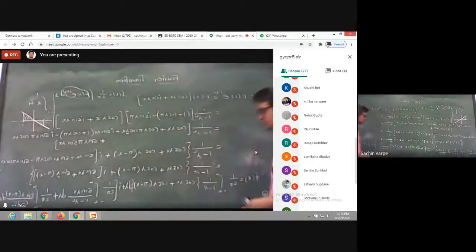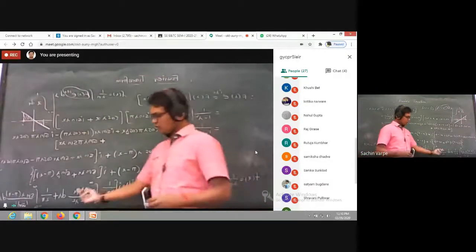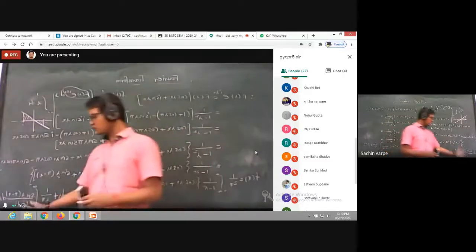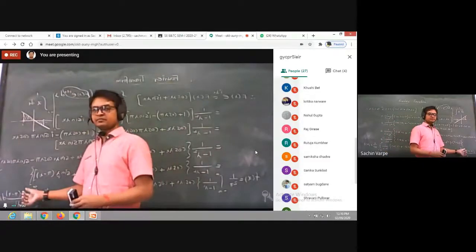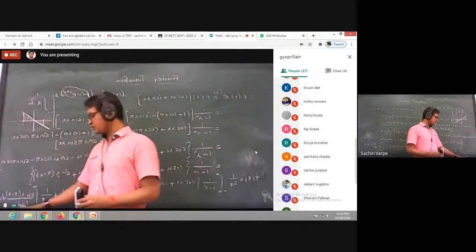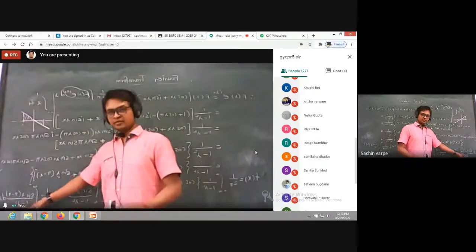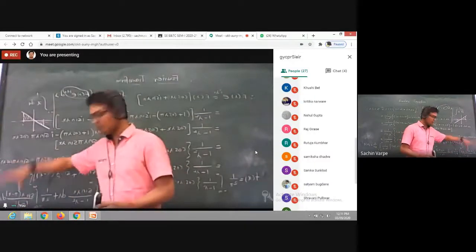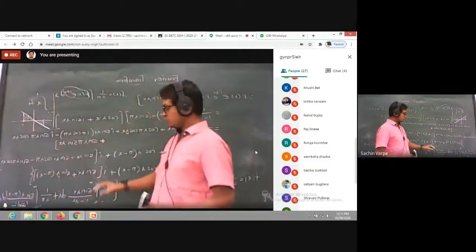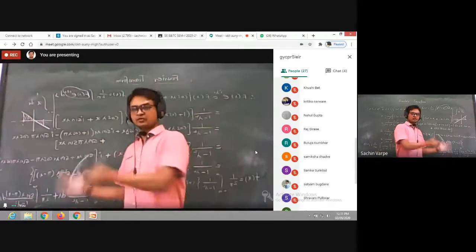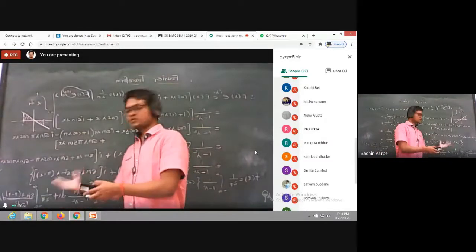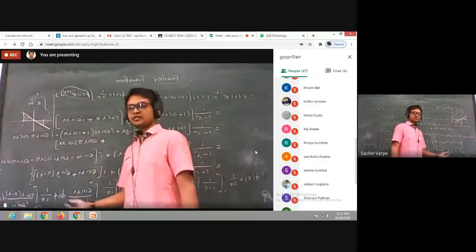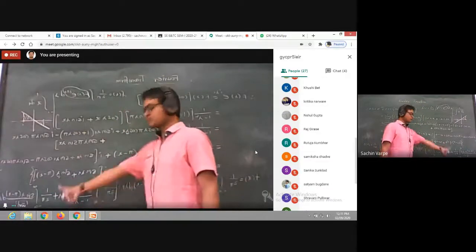So integration of this odd function in two-sided interval will be 0. This is also 0 because of sine. You'll say, what about the denominator? It is even, right? But odd into even is again odd. So that is why the whole integrand will be an odd function. So these two integrals will be 0, and that is what we wanted actually. We don't want those two terms. Is it clear? Please ask if any doubt about why I'm considering these integrals to be 0.